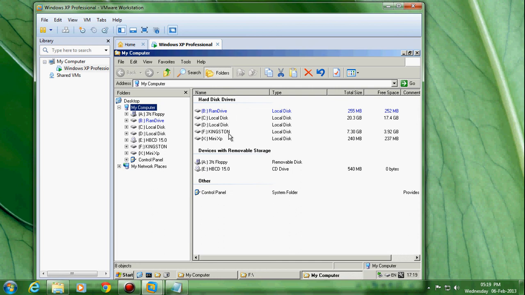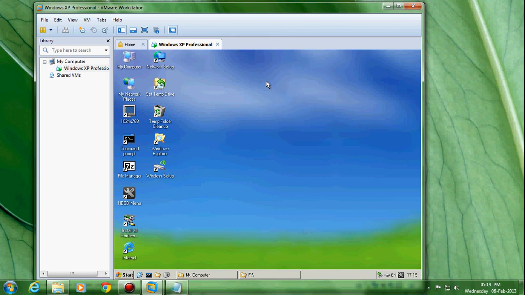Now we have C, D and external pen drive. So now let us say the data backup was completed. The next step, we can format the complete hard drive by using the operating system CD like XP, 7 or anything, or else we can delete all partitions from the Hidden Boot CD itself. Then after, we can go to partition and installation from the operating system.